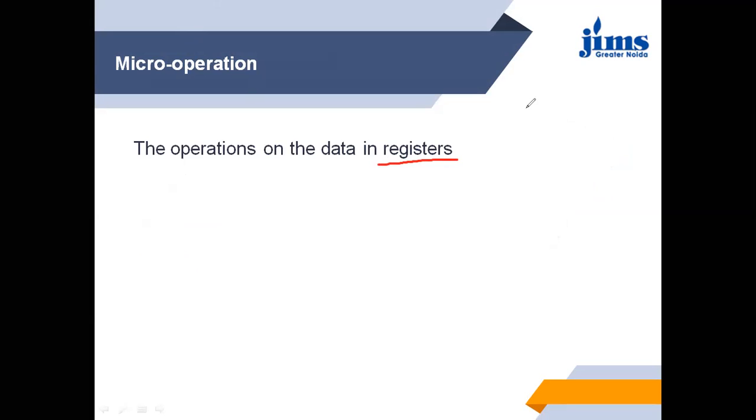We studied that data is stored through registers, where a register contains flip-flops, and a flip-flop is the smallest unit that contains one bit of data, that is 0 or 1. It means a flip-flop is a storage device that stores one unit at a time, either 0 or 1.